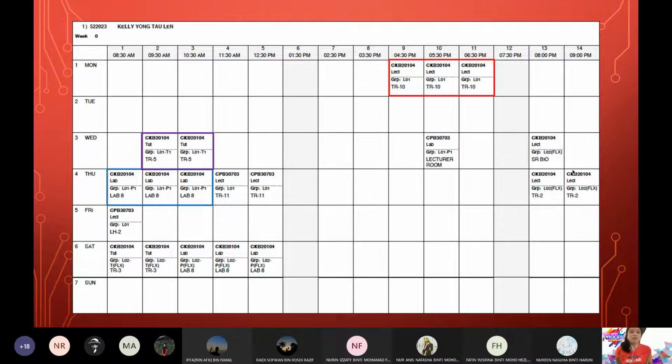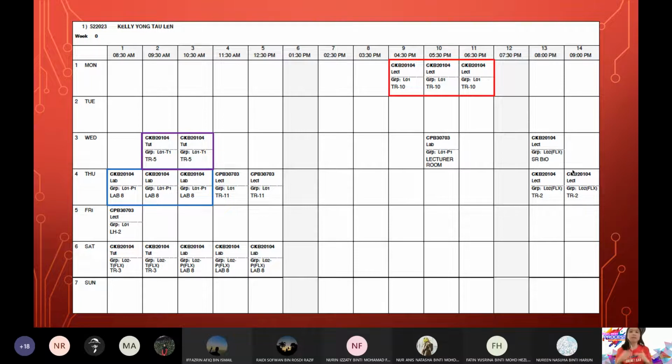Sebab for the first 7 weeks, kita ada 3 hours straight. 3 hours straight tu memang akan is very hard. So probably I will mix up lecture dengan tutorial tu, saya akan mix sebab memang saya jaga all the lecture, all the tutorial. So I can mix the session around. So maybe we will do 1 hour or 1 hour and a half lecture, and then 1 hour and a half the remaining one will be tutorial.